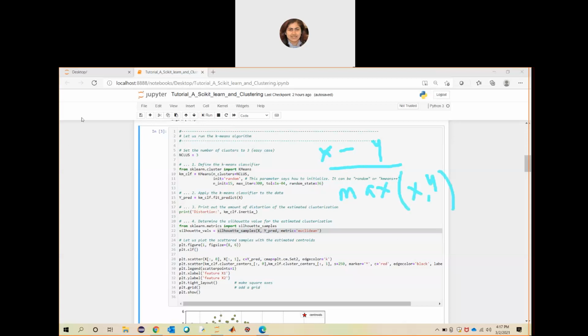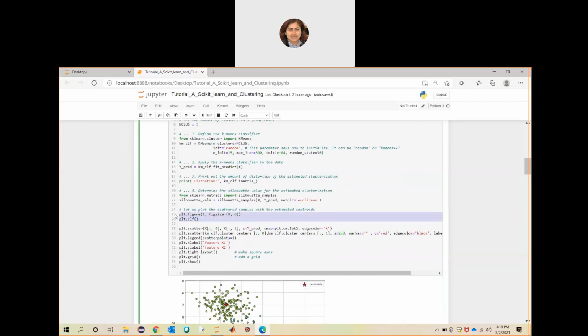Okay, so this is the basic formula which is used for Silhouette, and you don't have to write the formula here. That formula is already implemented through this function. See, I am highlighting Silhouette samples. That function already has that formula. So that was the definition of these two measures, which are used to define the number of clusters required for your data set.